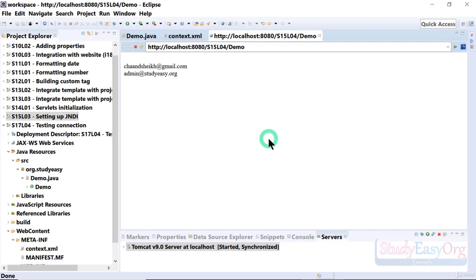In our next section, we will try to build a full-fledged proper application which will definitely help you to understand how we deal with the database connection and how we perform the CRUD operations. Alright, so something very interesting is coming up